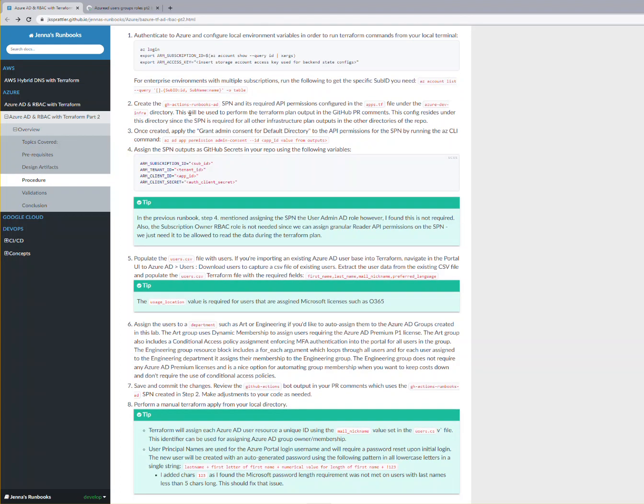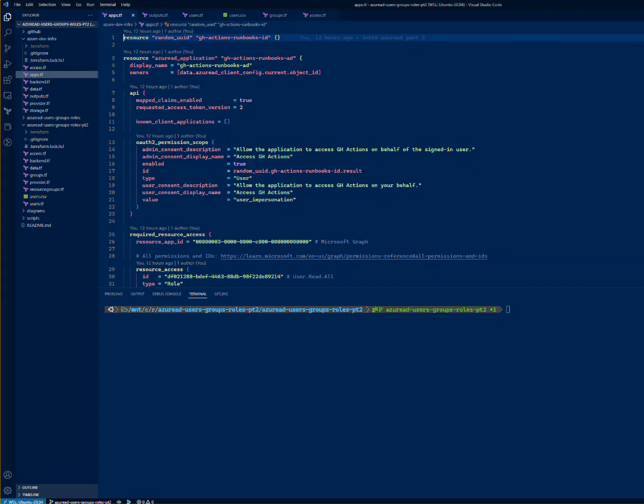The next step is to create the GitHub Actions Runbooks AD SPN. And I've already done this because it's required for the remainder of the lab, which is why I set it in that Azure Dev Infra directory, since it's kind of outside the rest of the infrastructure and it relies on this to work. So I'll go ahead and show you the config quick here in my VS Code,